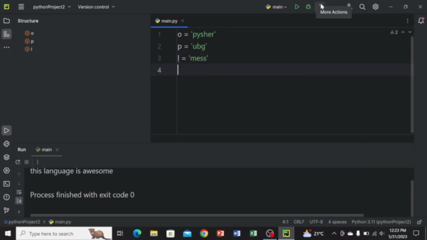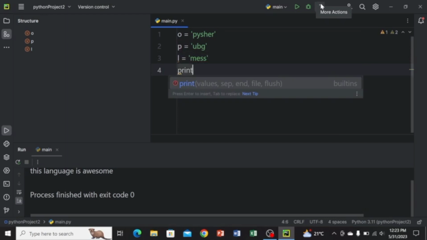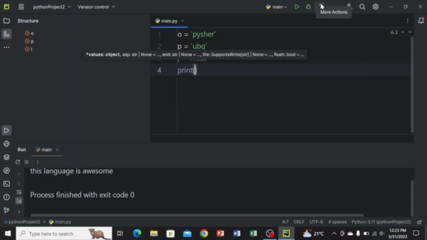To show this and simplify our code, we use a single line of print statement with parentheses and commas,